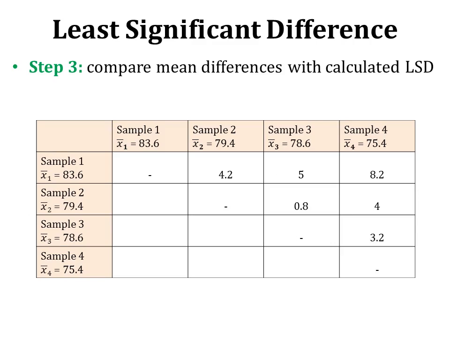In step number 3, we have to compare the mean differences with the calculated LSD at 0.05. So LSD at 0.05 is 3.227. Now let's see these pair means one by one. The first pair is sample number 1 and 2, and the difference is 4.2. We see that this difference is greater than LSD. And remember what we discussed, that if the difference between the means is greater than LSD, then we are going to say that this is significant. So because 4.2 is greater than 3.227,